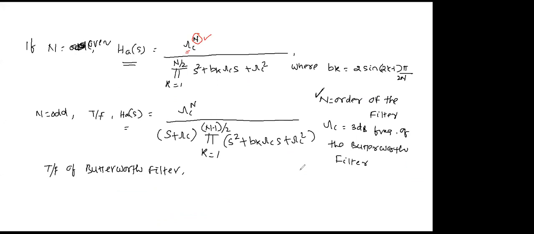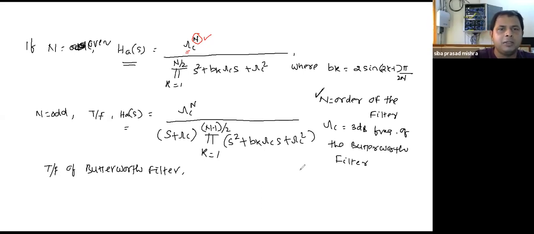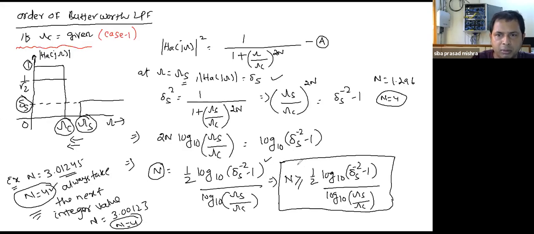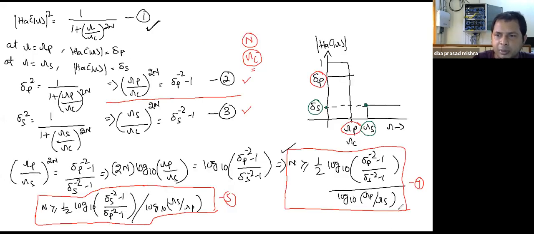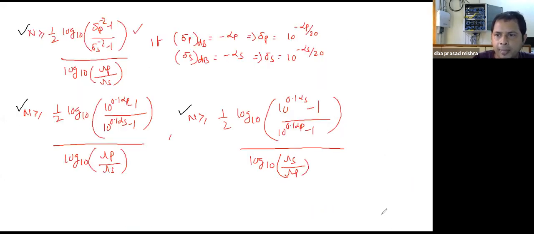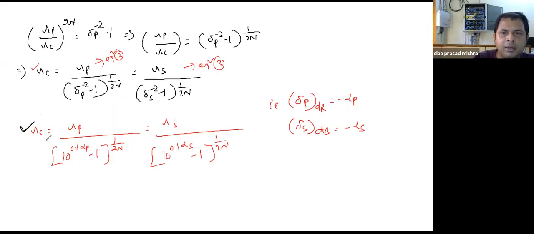Now see, everything I derived. First, you have to remember this transfer function formula. After that, the formula for the order of the filter is not required to remember; if you remember this simple diagram, we can do it. Then you have to remember the omega c formula. After that, put all this in the derived equation and you will get the Butterworth filter. I hope you all understand. Clear?